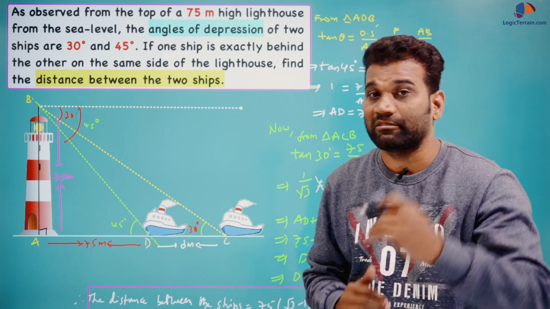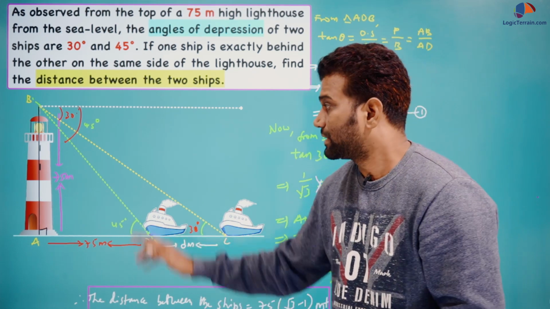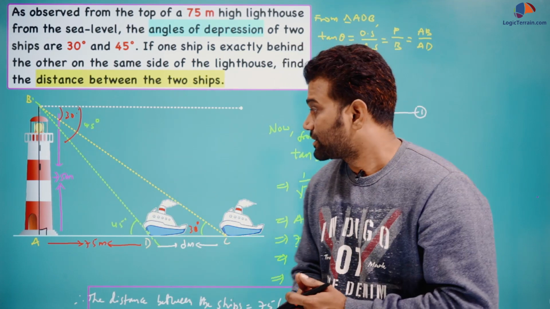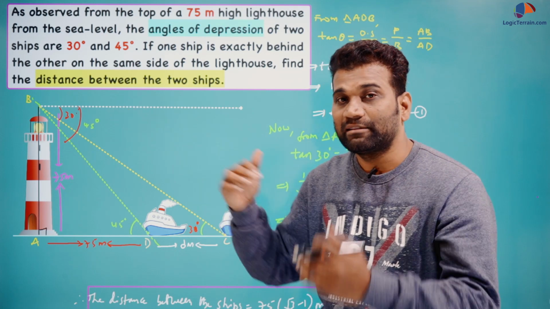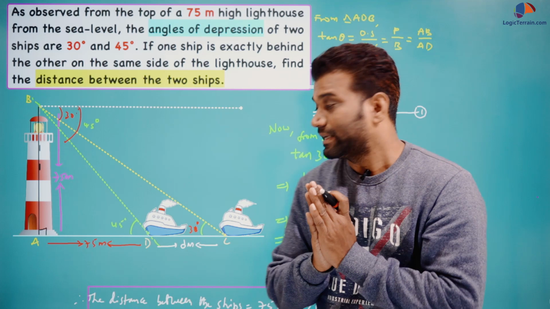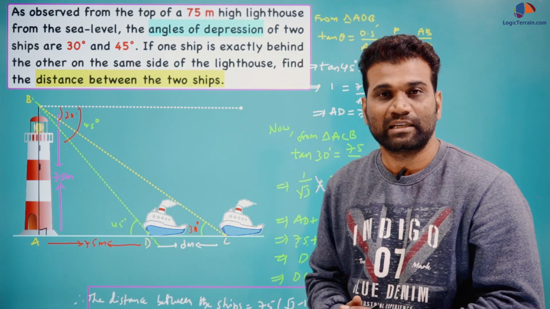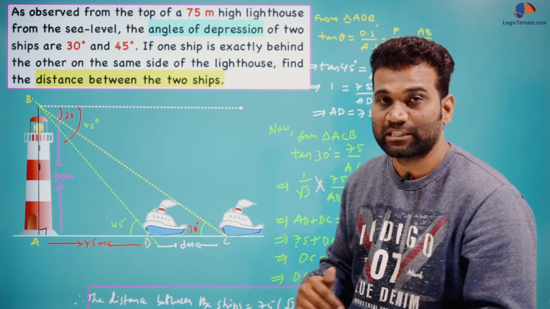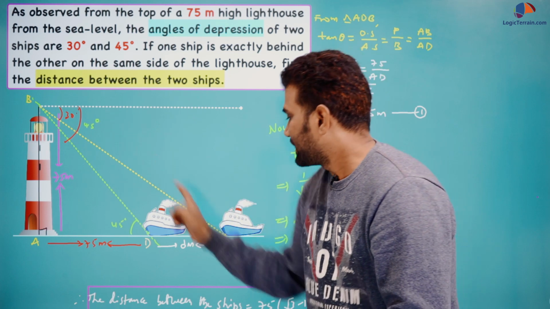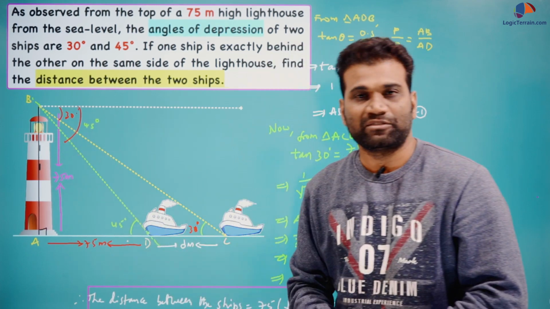Same kind of questions we have done earlier also. But that time we were given angles of elevation, but this time we are given angles of depression. And like we have discussed, the angle of elevation is equal to the angle of depression on the same points, vice versa, right? So here this angle is 30 degrees, so this angle equals 30 degrees, because this line and this line, these two are parallel, and this must be a transversal line, then alternate angles are equal. Similarly, this angle is 45 degrees, so this is also 45 degrees.